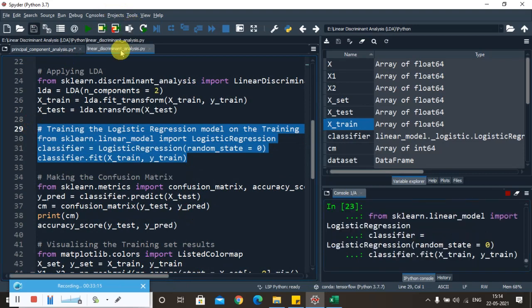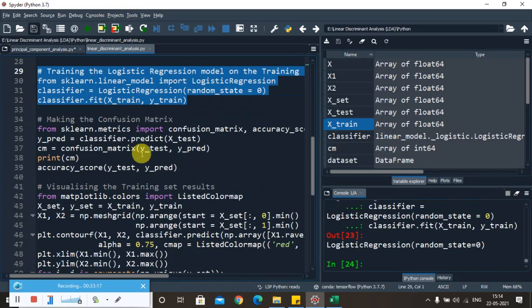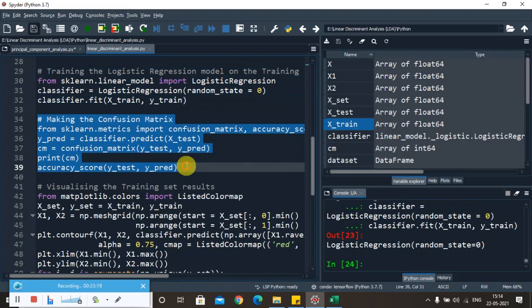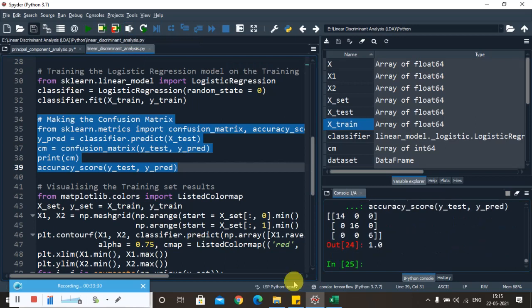Now let us see the confusion matrix and the accuracy, to estimate the performance of the model after applying the linear discriminant analysis dimensionality reduction technique. Excellent. Without even having kernel PCA, compared to PCA we are getting a 2% better result here.